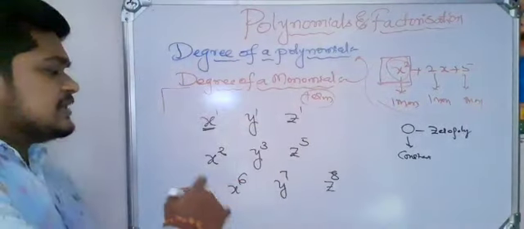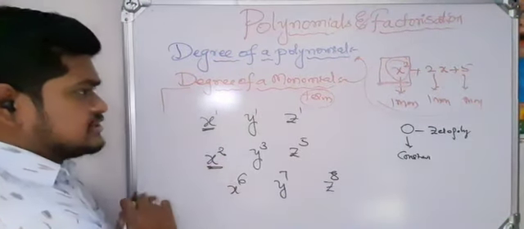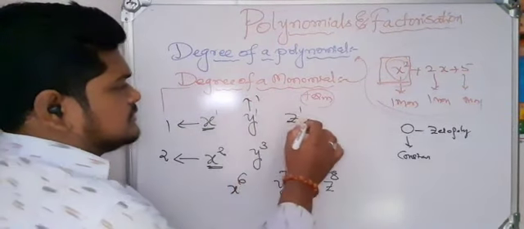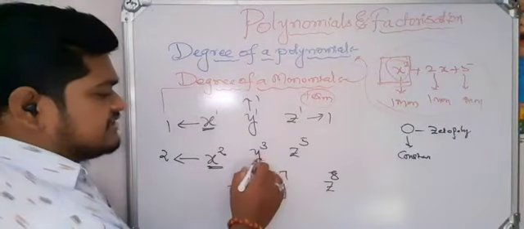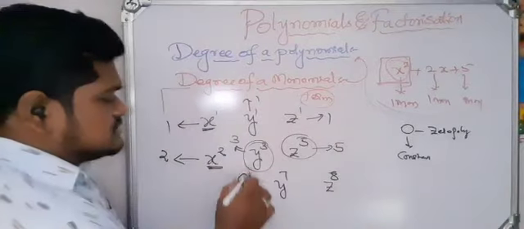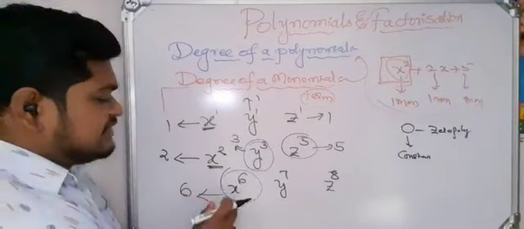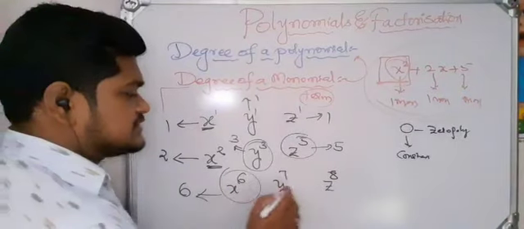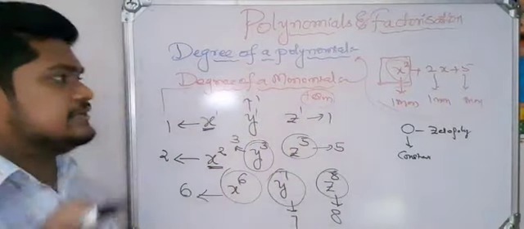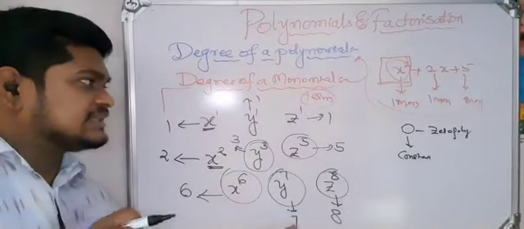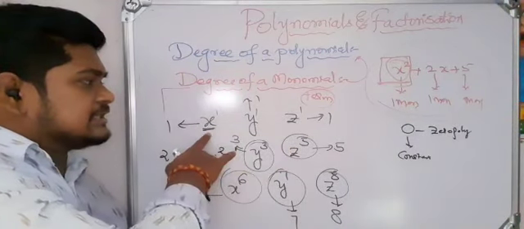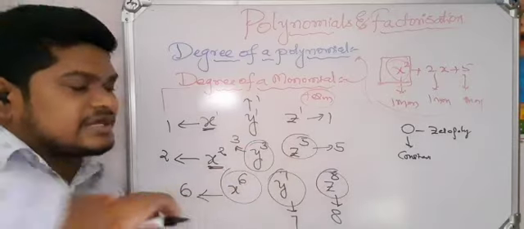In these cases, simply observe the variables here. This one has degree equal to 2. Here degree is equal to 1. This is also degree equal to 1. Power is 3, so here degree is equal to 3. Next, this has degree equal to 5. Simply the degree is equal to the power of the variable. Same here, the power is 8, so degree is equal to 8. Single variables will be like this. This is a monomial, and the monomial degree is nothing but the power of the variable.